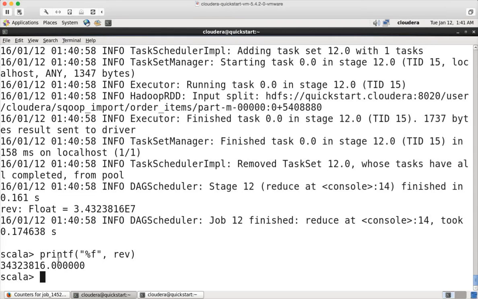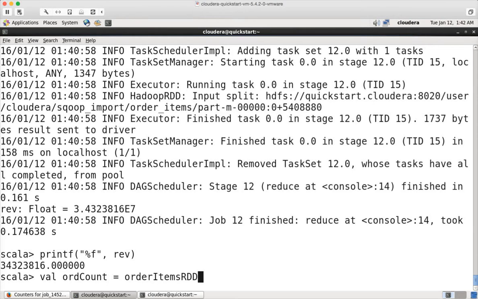Now another thing which you need to do is the average. So we have got count, we have got total revenue, and now we need to get the average. For that, you need to get the revenue from order items table, and then you have to get the distinct number of orders from the order items table, and you have to divide those two to get the average. So you already have the revenue here, and to get the order items distinct, so let me name as order count equal to